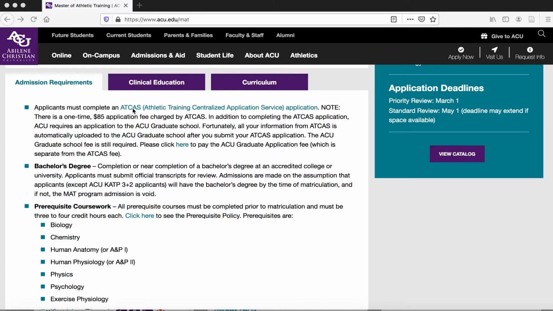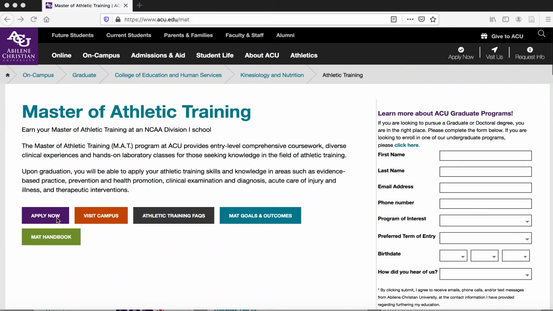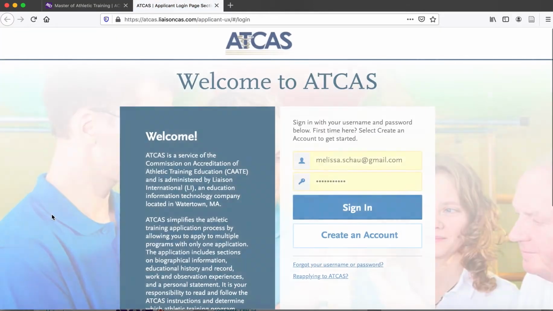Our application is a two-part application. The first part is through ATCAS, which is, the link is here, and then the second part is to pay the graduate application fee, which is separate, and you can pay that here. So we'll start with the Apply Now button, and that takes you to ATCAS, where you're going to create an